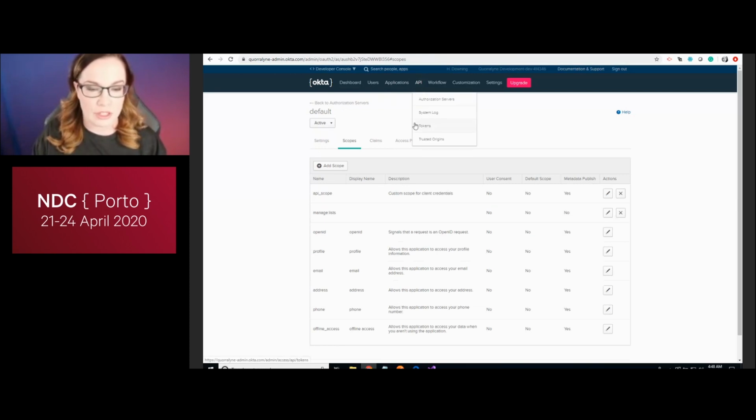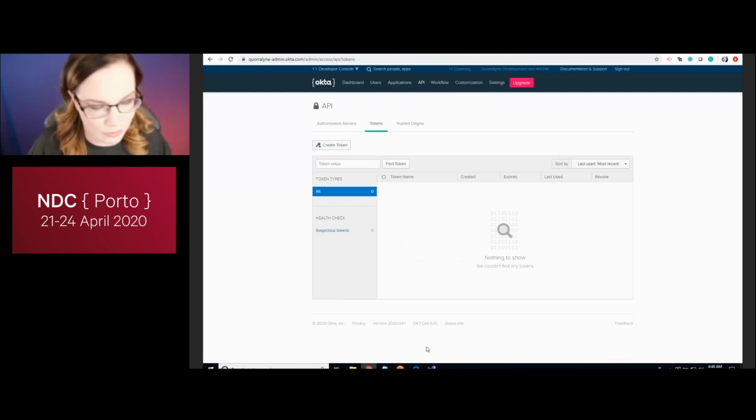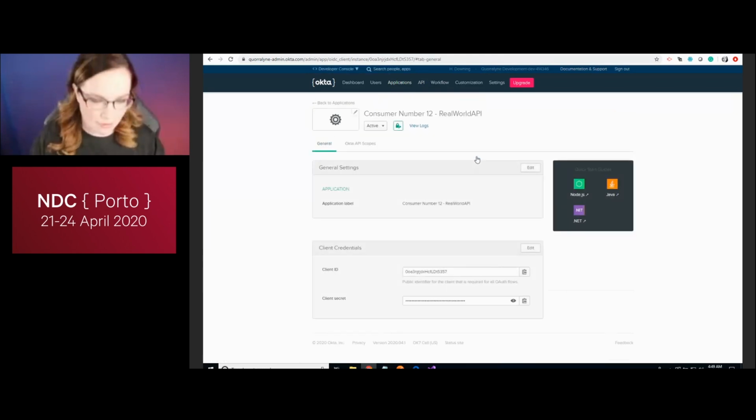If you are interested in what tokens look like, you can go down to the tokens section, but I'm actually going to use Postman to generate this for you. So you can create one here just to play around with if you'd like on your own. But again, I'm going to use Postman for that. Okay, so that's all you really have to do with Okta, is go into your applications, the one that we just created. So you notice that there's a Postman client right there, but I'm also going to drill into consumer number 12 and copy the client ID and client secret or give it to them somewhere. So I'm going to leave it on this page. And then I'm going to pull up